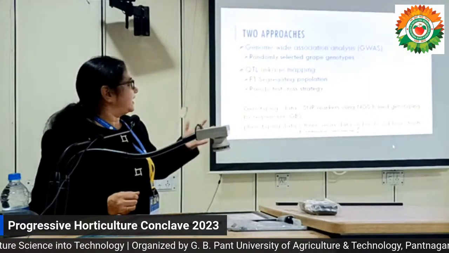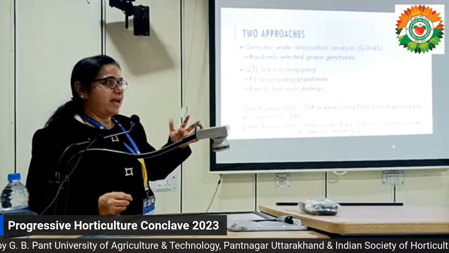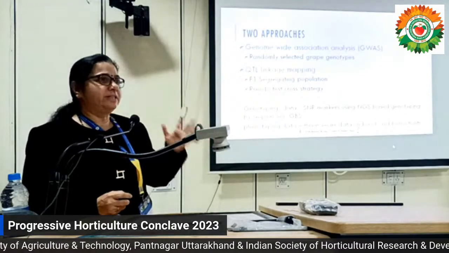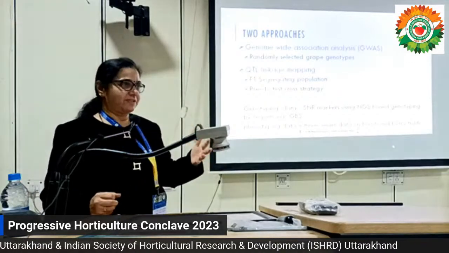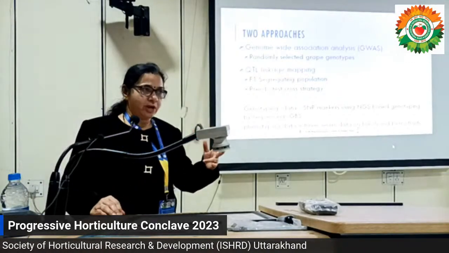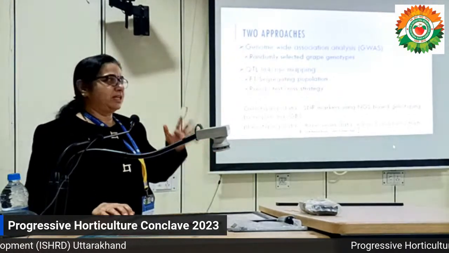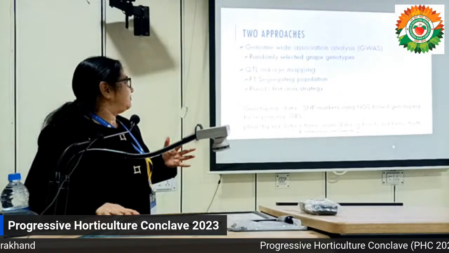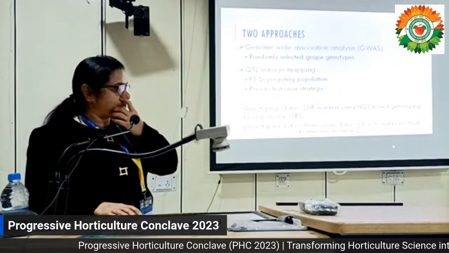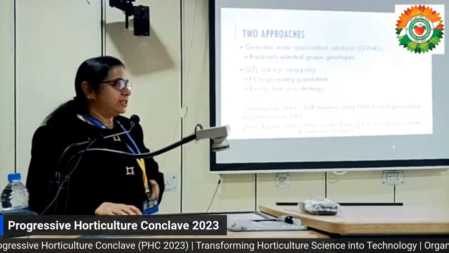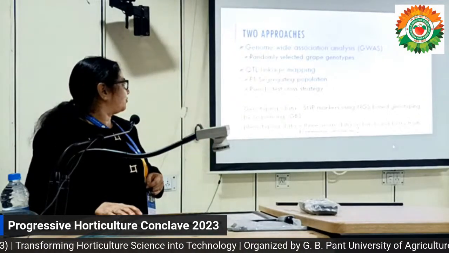And fortunately, for the last 15 years, we have had structured breeding programs, and we have developed two very good segregating populations. Being a heterozygous crop, in grapes we consider the F1 hybrid itself a segregating population. So we have two F1 segregating populations in our institute. One of those populations we use for QTL analysis. Since we were using an F1 segregating population for developing linkage maps, we had to use a special test. Of course, now software is available where we can do this kind of analysis, so we use that software.